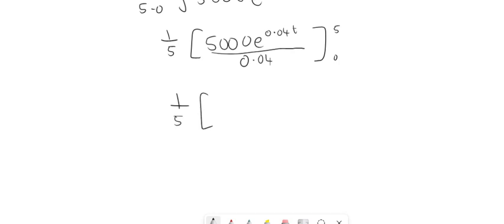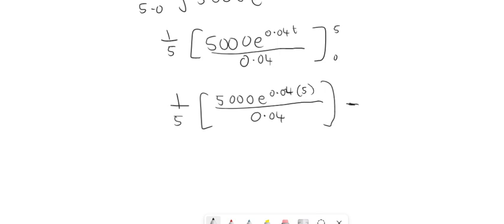Right, so 1 over 5, so we're going to subtract then, and we're going to put